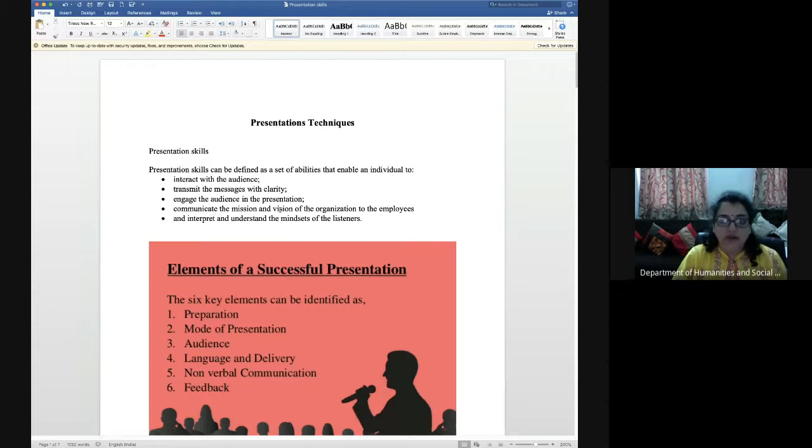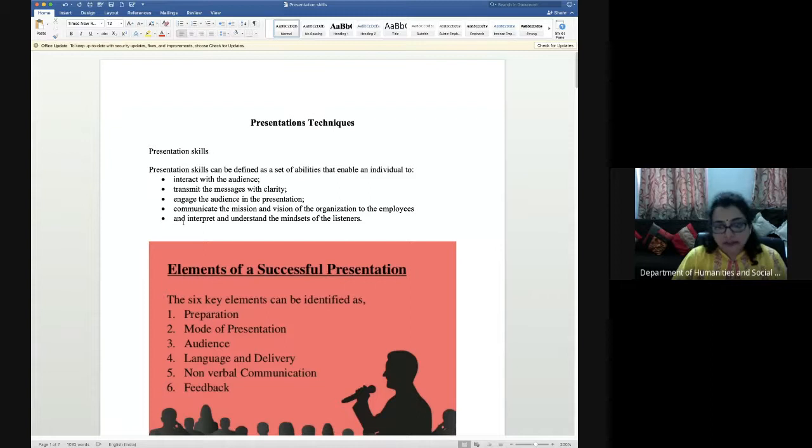Next, communicate the mission and vision of the organization to the employees. Basically, this is for the meeting. When you are an employer working in a company, and under you there are many employees, how the mission or the vision, the aim or goals of what you are speaking should be conveyed to the people. The targets, goals and aims which you want to deliver have to be conveyed to the organization. This is the mission and the vision of the organization which is being conveyed to the employees.